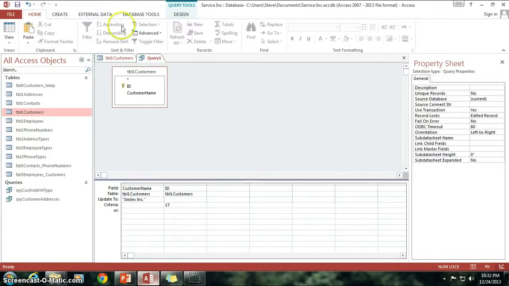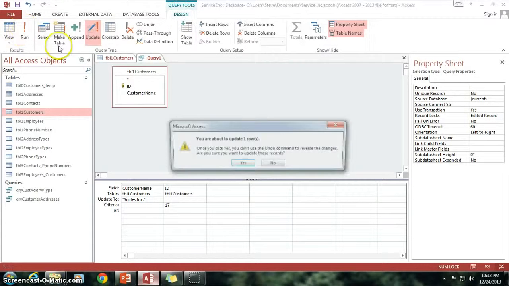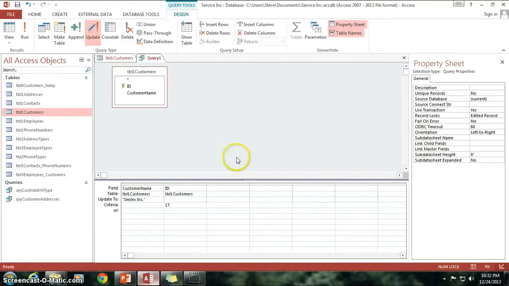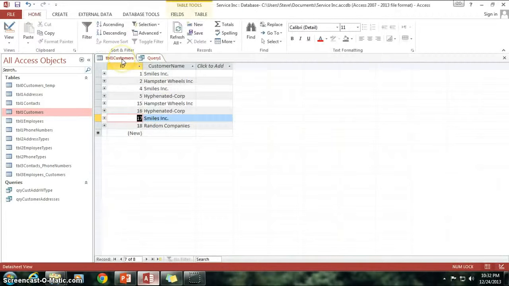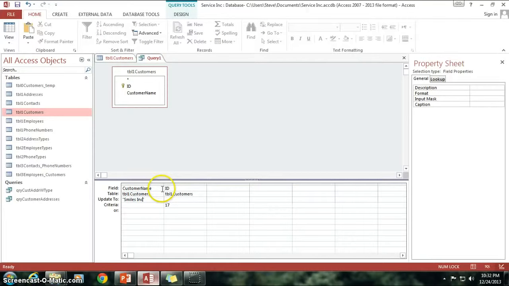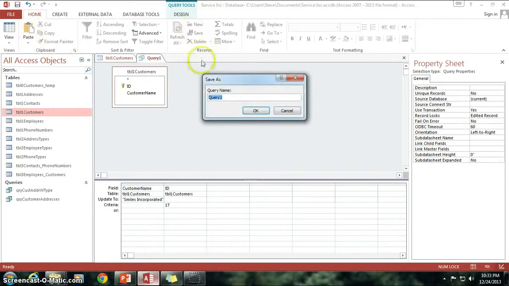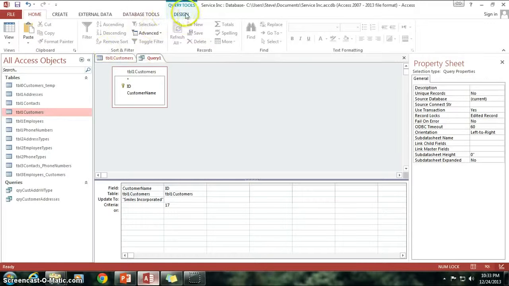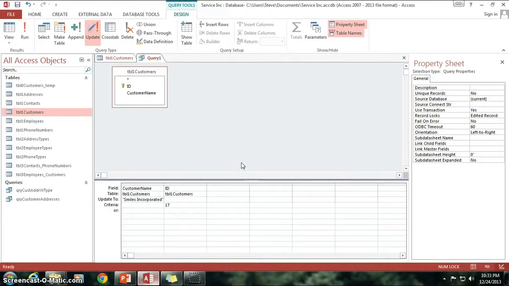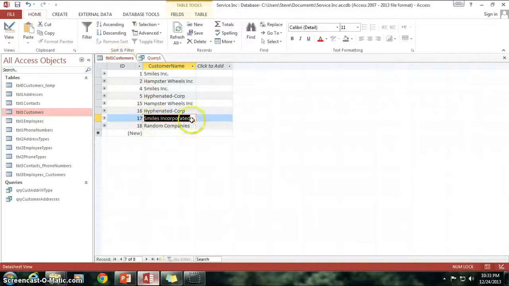Alright, so now when I go to Design and click on Run, it says I'm about to update just one row this time. I click on Yes, go onto my Table 1 customers, and it's the same one, isn't it? So let's try, just so we can make sure, I'm just going to change it to Incorporated. That way we can make a really good distinction of the difference here. Go to Design, click on Run, Yes, and now in our Table 1 customers, it's changed to Smiles